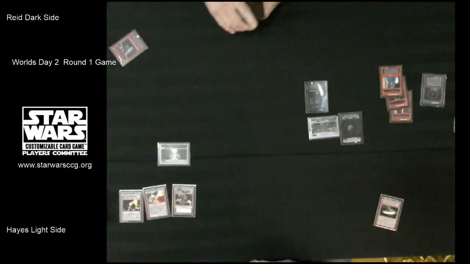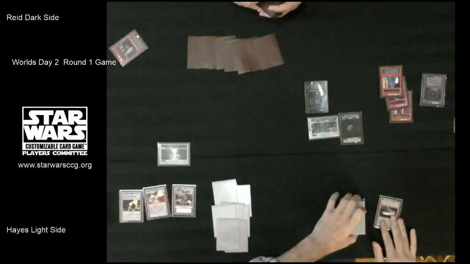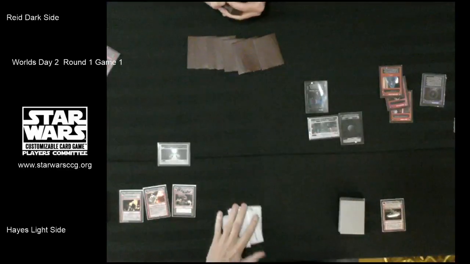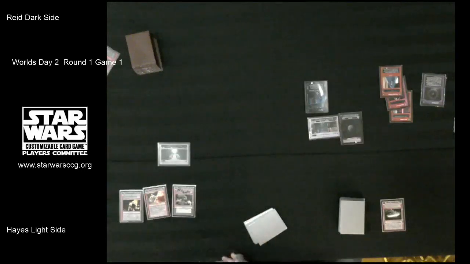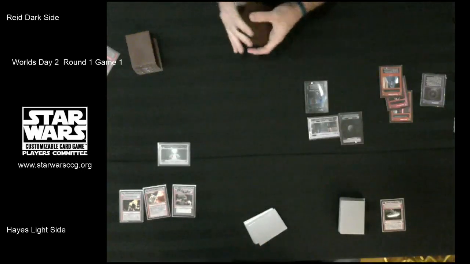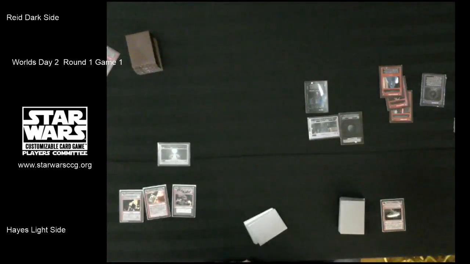All right, looks like we're drawing hands. So let's see what we can get. The key for Throne Room is always getting activation in your starting hand. We'll see what Hayes can get. I saw Luke's lightsaber, Ascents, Rescue in the Clouds, maybe. I think I saw an EPP Obi in there. I know he's running a very EPP heavy build. I was in the room while he was tweaking this deck a little bit yesterday. I'm not sure which changes he settled on, but